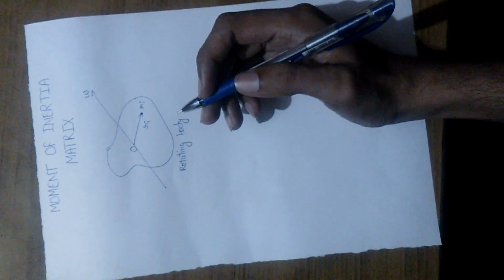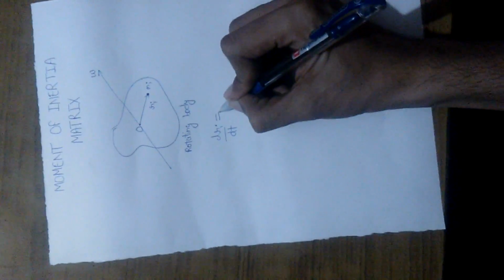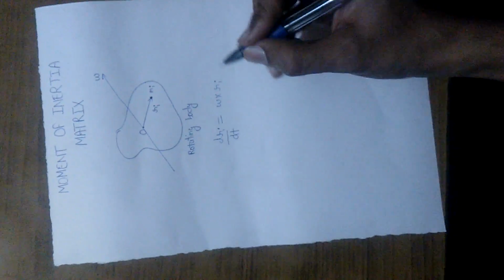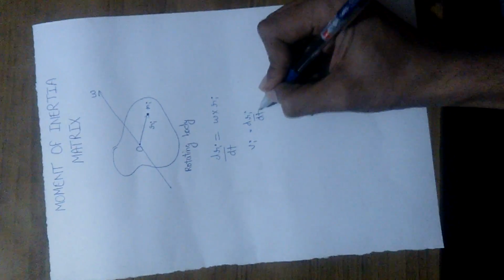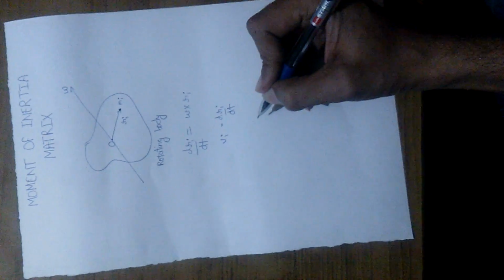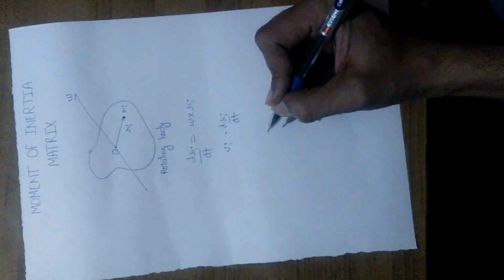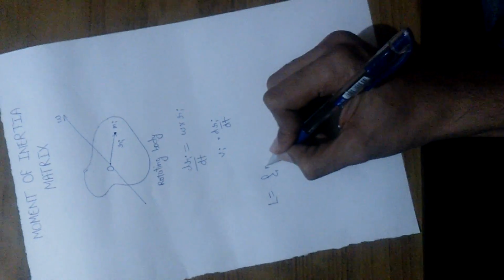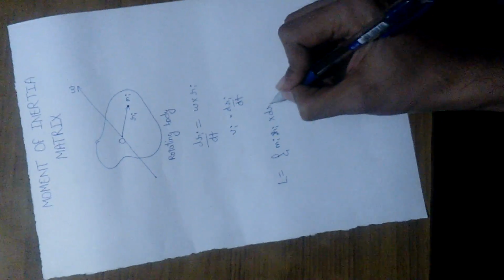It therefore follows from the equation that dRi by dt is equal to omega cross Ri. Thus the above equation specifies that Vi is equal to dRi by dt of each element as the body rotates with fixed angular velocity omega about an axis passing through the origin. The total angular momentum of the body about the origin is written as L is equal to sigma of mi Ri cross dRi by dt